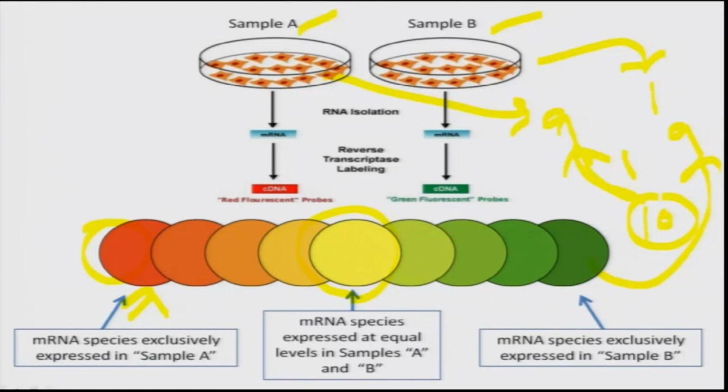So, by looking at the intensity of these two fluorochromes, the light-emitting moieties, I am able to interpret whether the expression has gone down, gone up, or remained the same, right. So, this is the way you are able to do that, but you are not doing it just for one gene. In one go you are able to do it for thousands and thousands of genes with a little amount of RNA. So, that is the power of the microarray,